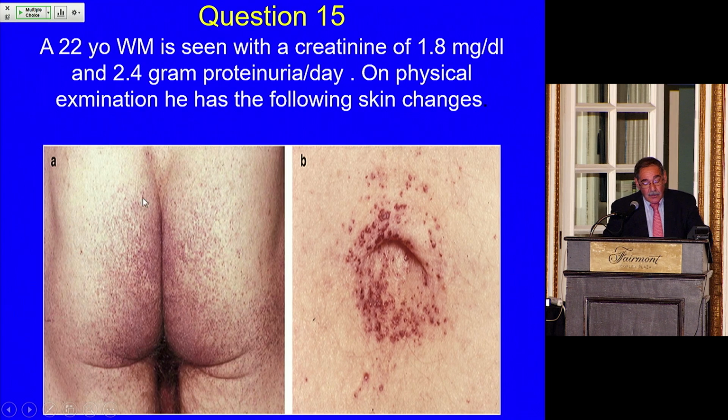Okay. So this guy has angiokeratoma corporis diffusum, Fabry's disease, essentially. And this is in the bathing suit area. He's got these little maculopapular lesions. This is around the umbilicus. So you know, looking at this, it is Fabry's disease.